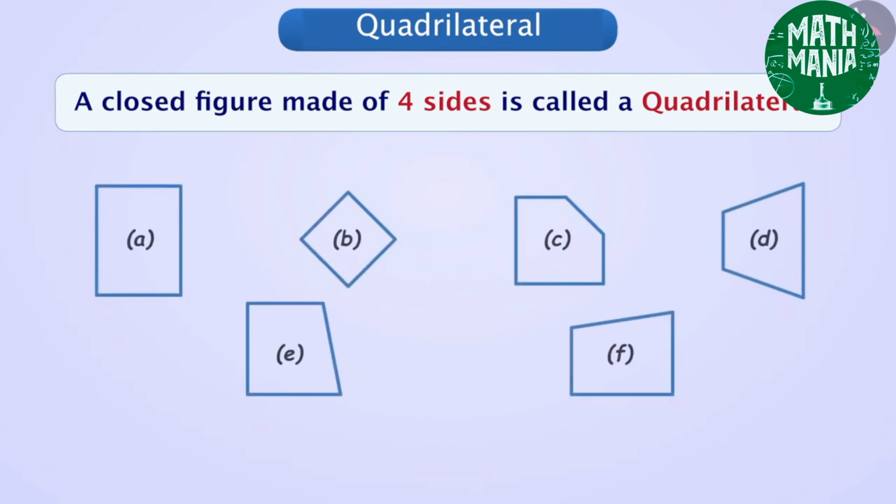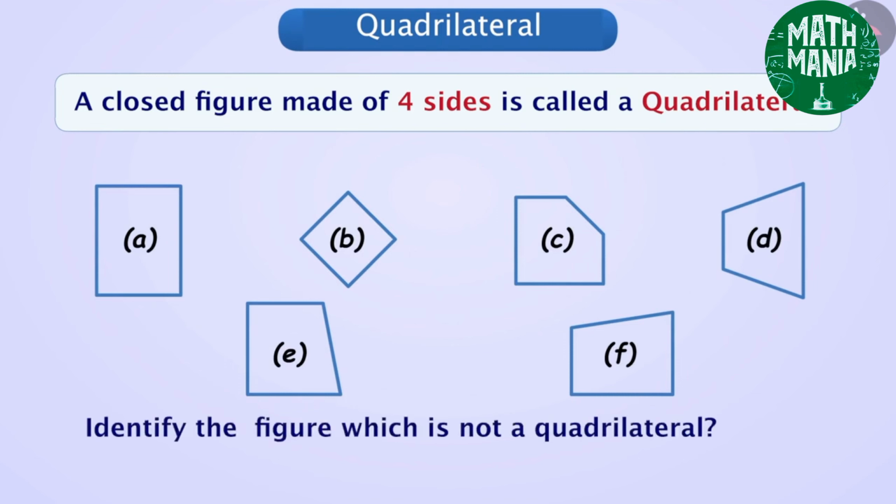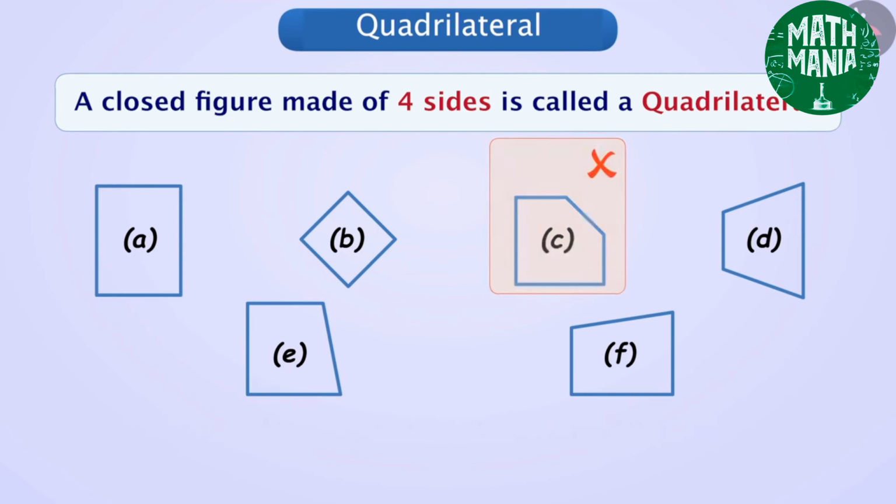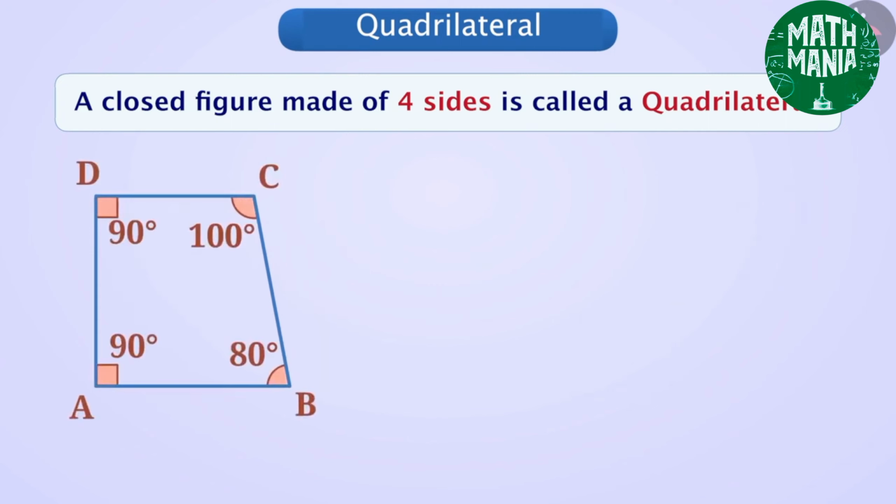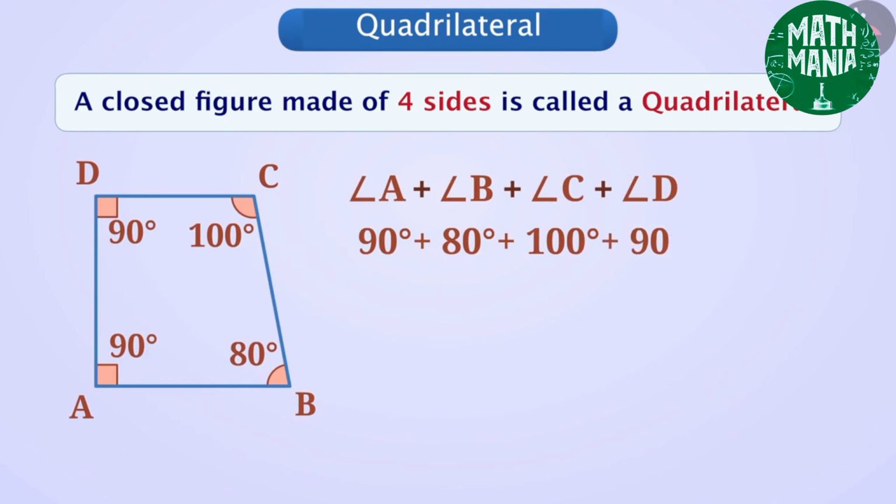Observe the given figures. Among these, one figure is not a quadrilateral. Can you tell me which one? Think for a while. Absolutely true. Figure C is not a quadrilateral. Let's ignore this. If we take any quadrilateral and add the measures of its angles, then the answer will be